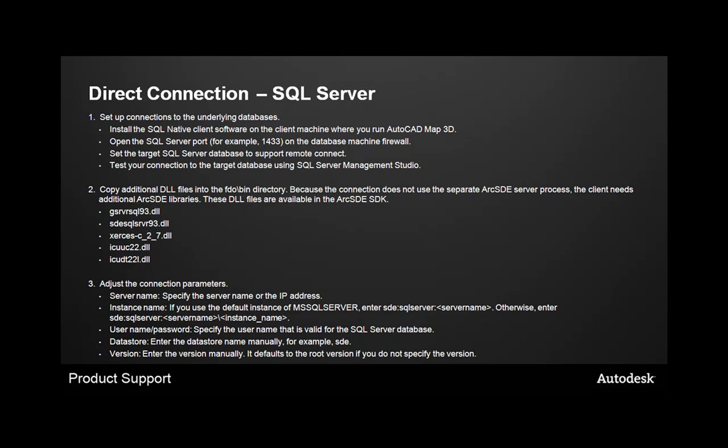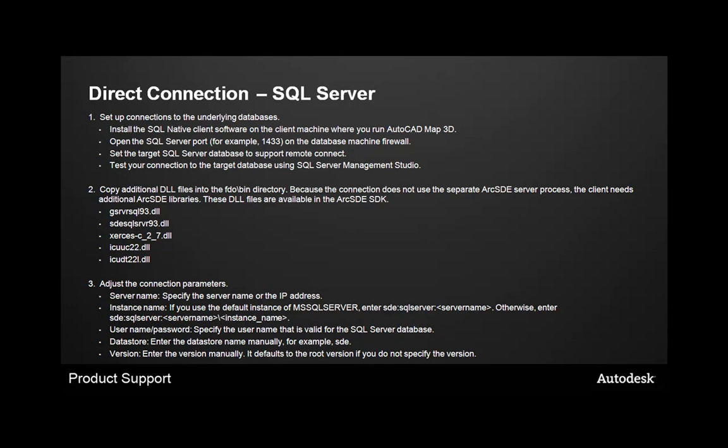You're going to copy different DLL files in addition to the existing SDE, SG, and PE files that we saw in the last slides. And these are actually only available if you have the ArcSDE Software Developer Kit software. So these aren't going to be in a basic install of, let's say, ArcView or ArcGIS Desktop. So you're going to copy these 5 additional DLL files, and then you might have to do some adjustments to